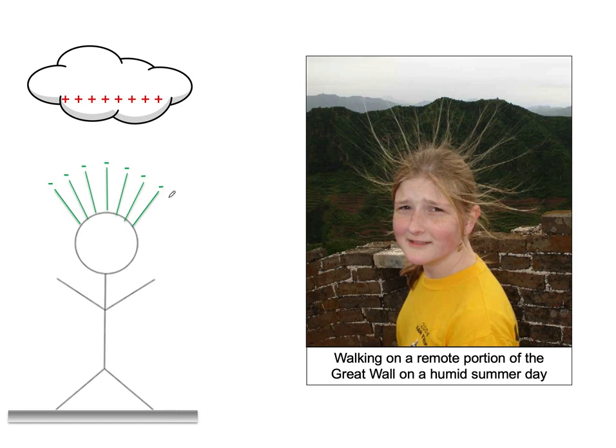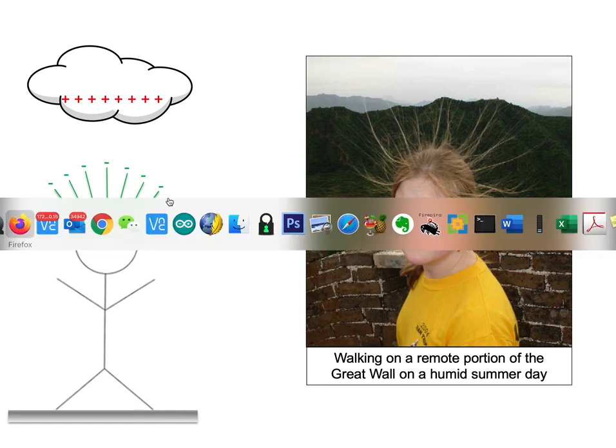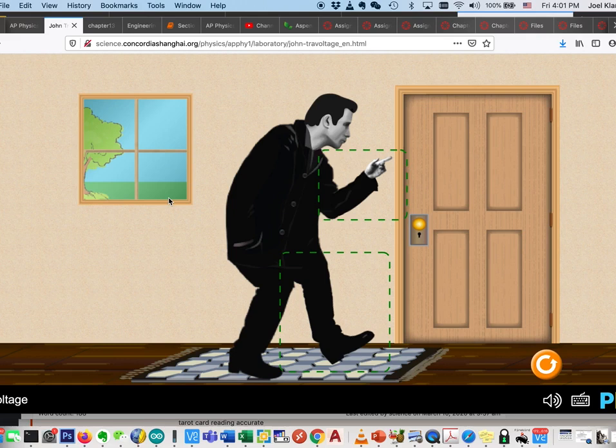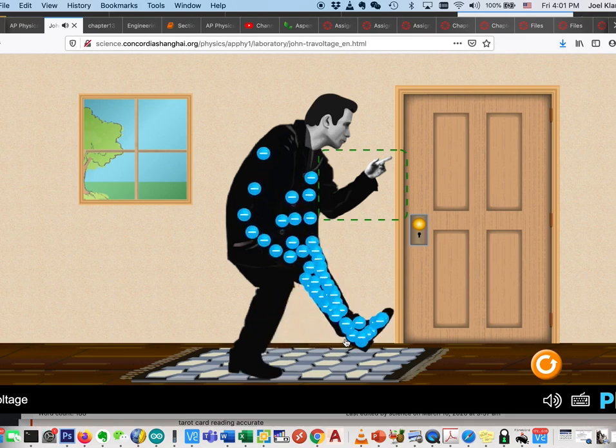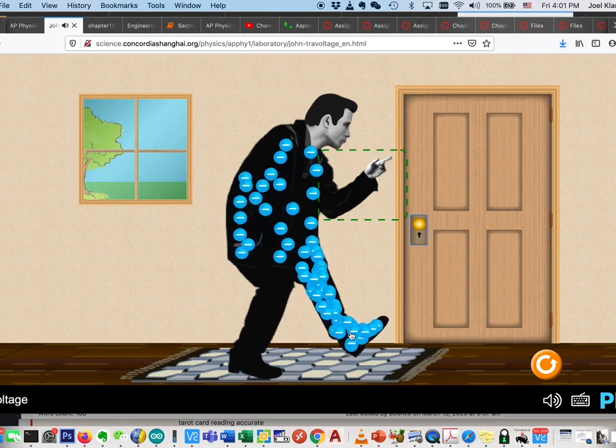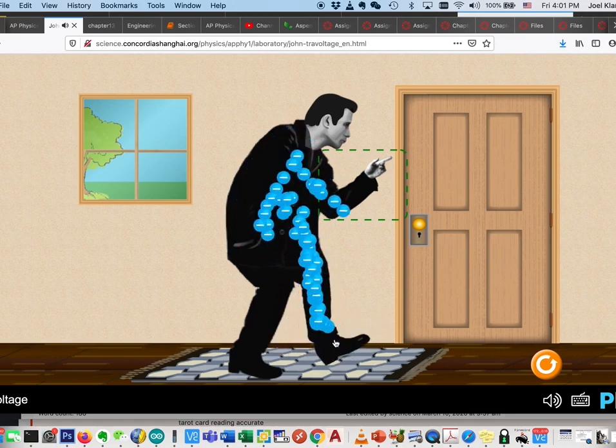And I want to go in a little bit more and just talk about static electricity. This app is linked to your assignment sheet. It's another PhET simulation. This is John Voltage, sorry. And let me just quickly explain what happens here. You've got his finger here, and as you rub his shoe back and forth against carpeting, the shoe, which has a rubber bottom, is going to gain charge, and then eventually that charge, when it gets large enough, will literally, well, there it goes,